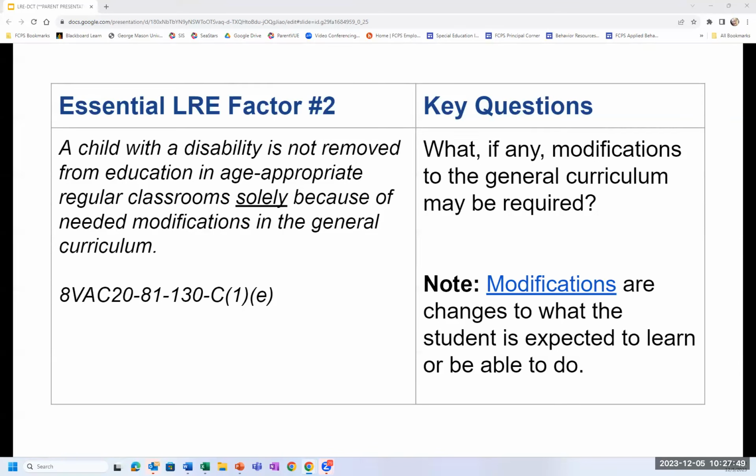A modification changes what the student is expected to learn. It has objectives different from those of the rest of the class, and it often changes, lowers, or reduces learning expectations. So just making that distinction there, there is a resource that's built into the data collection tool for schools and families to access.